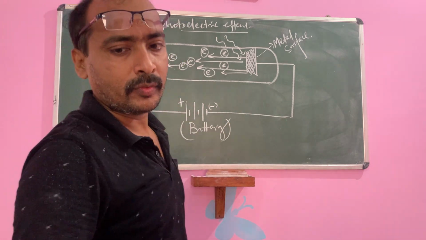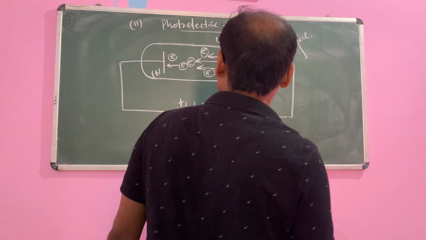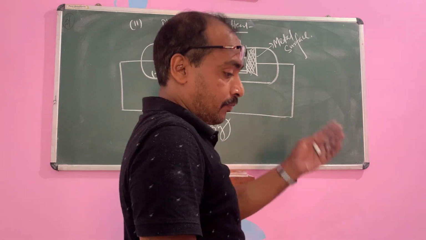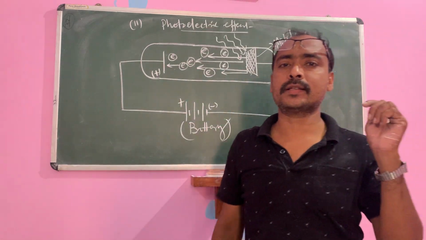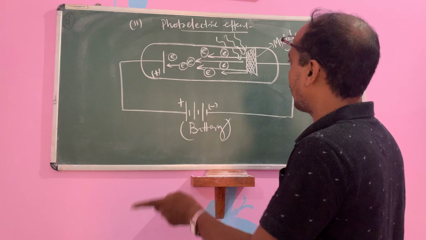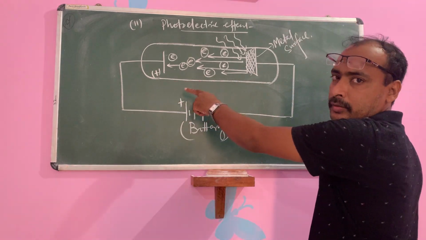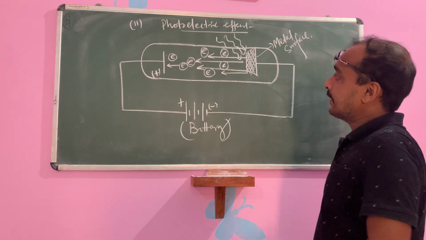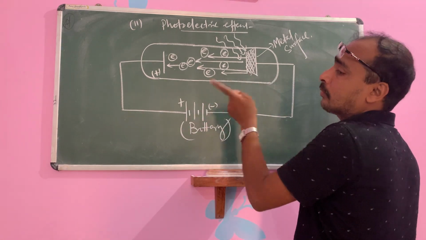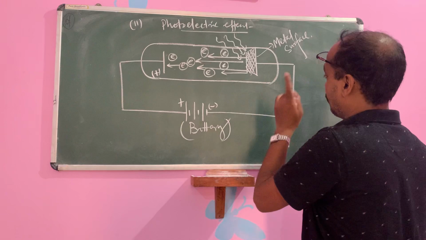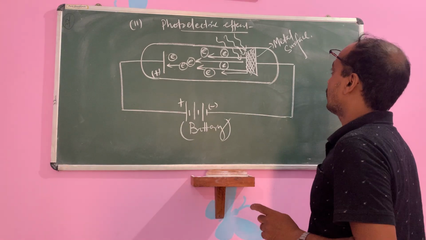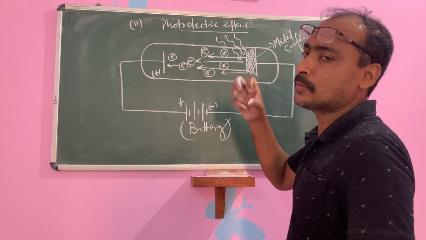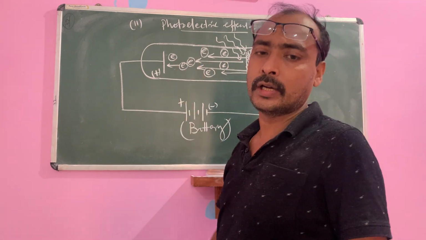So when sunlight or radiation falls on the metal surface, as soon as the light falls on the metal surface, without any time gap, the electron will be ejected, towards the positive end. So the ejection of electrons as soon as sunlight falls on the surface of the metal is known as the photoelectric effect. Then electricity is produced, that is, the moving of electrons produces electricity.